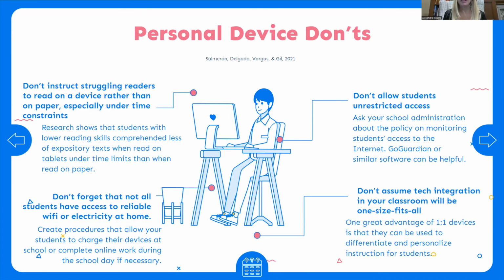So with all the things that you should do, there are of course also some things when it comes to personal devices that we would call don'ts. One based in the literature, which Daniel mentioned, is that if you have students who are already reading at a lower level, those students are not good candidates to read on a device rather than on paper, especially under time constraints. So if you give students a set block of time, like say 20 minutes, to read a passage and then answer comprehension questions with a partner, that's the kind of thing that would really be best to do on